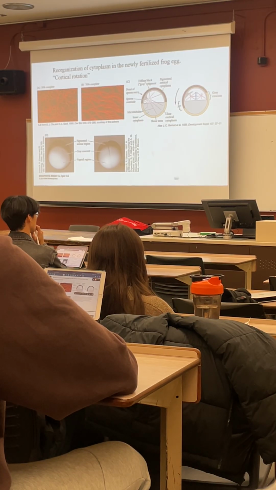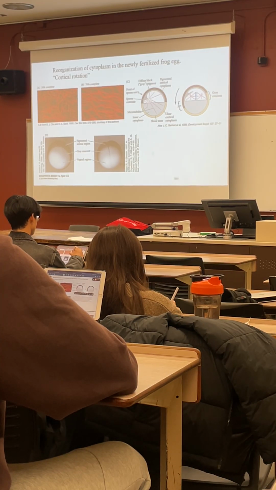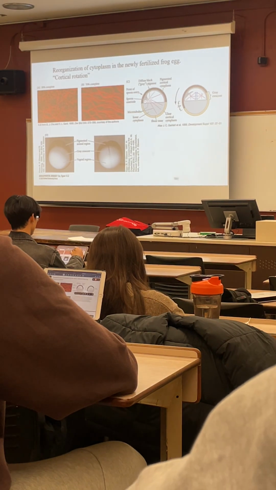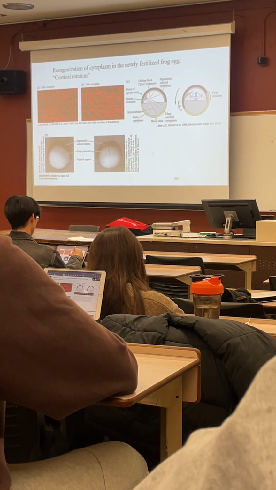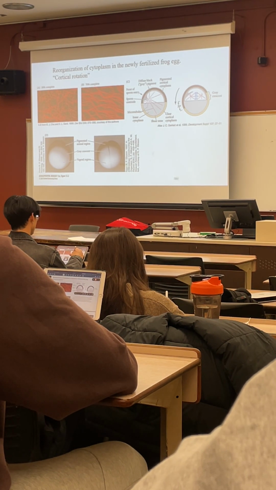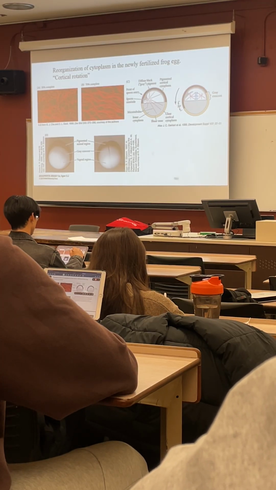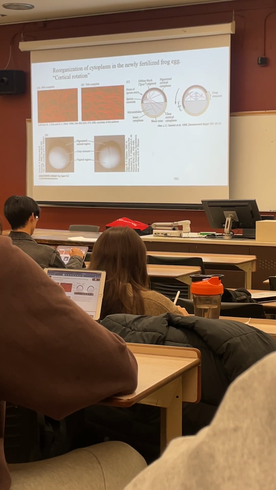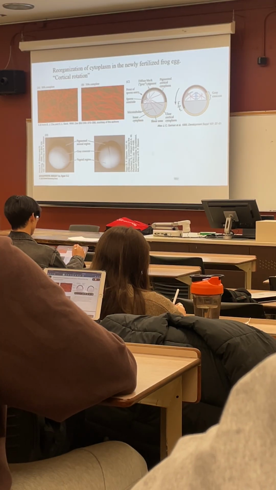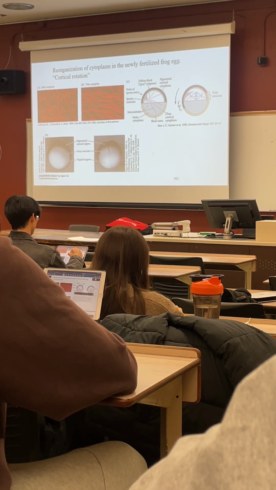Inside this cortex and sort of outside it, you have loosely organized microtubules. There's microtubules that are loosely organized before fertilization. When fertilization happens, sperm comes in, it's going to deliver the nucleus, but it's also going to deliver a centriole. That centriole is a microtubule organizing center, and what it's going to do is reorganize these microtubules,